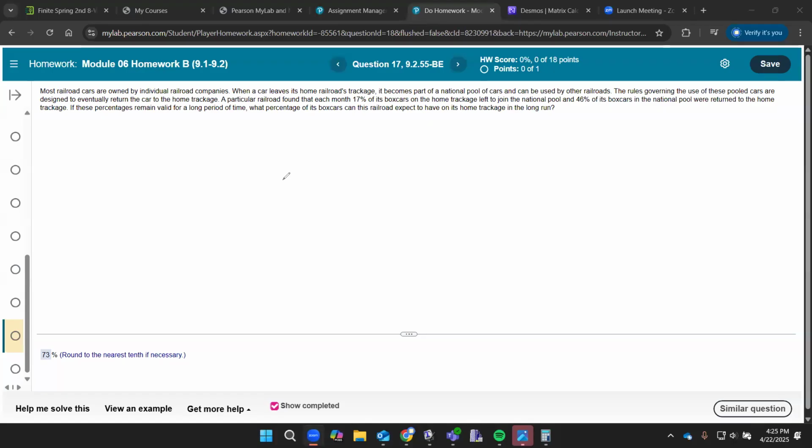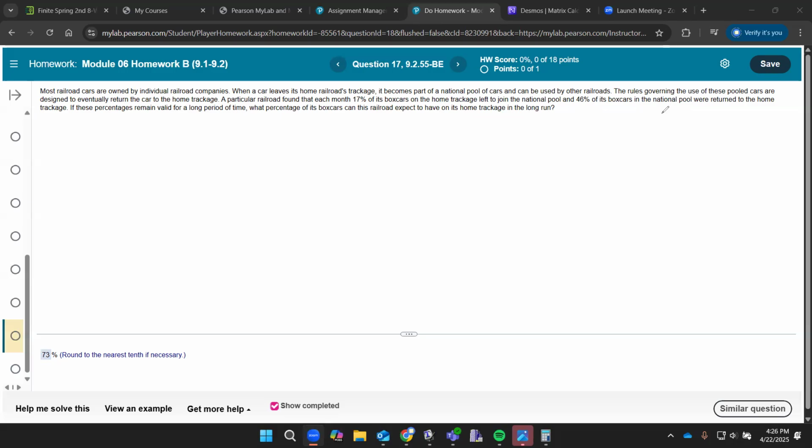Let's take a look at this problem and see what we can figure out. So we have a railroad problem from homework 2, homework B, and it says when a car leaves its home railroad, it becomes part of the national pool. The rules governing use of the pool cars are designed to eventually return the car home. A particular railroad found that each month 17% left to join the national pool and 46%